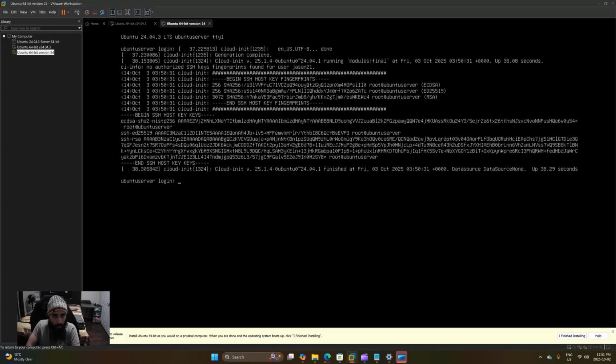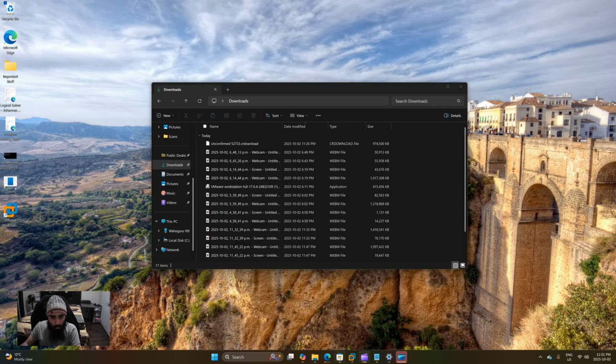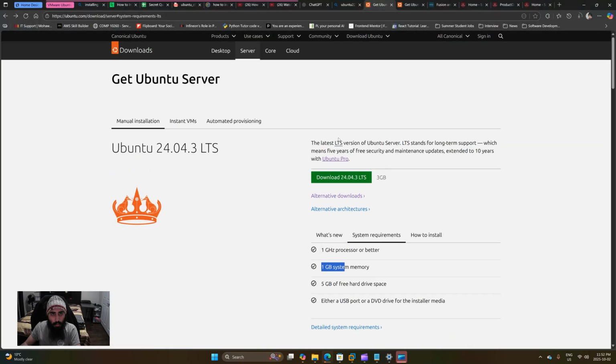Now I'll use the username that I typed, just 21, and then I'll enter my password, and there we are. We are now logged in to our server, and we can use commands to manage our server or to see the settings. For the most used commands,